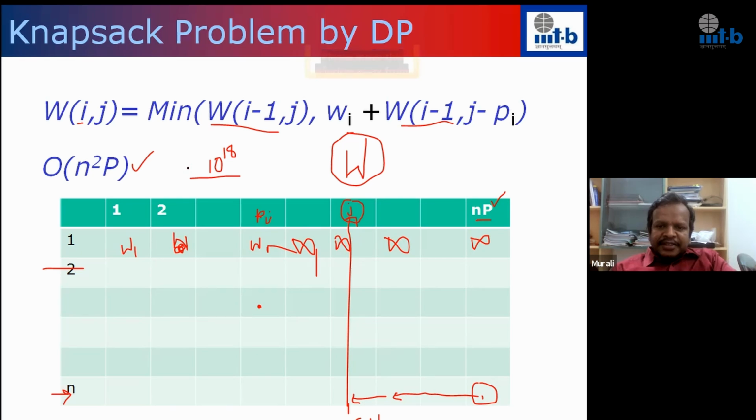Okay, so that's the reason why this problem is NP hard, and why this DP solution is not very useful. This will be useful if P is very small. If the maximum profit that you can make is about 1000, then this is n square into 1000, and you'll be able to implement it easily if n is about 100. But if n is 100 and P is a large number like a 64-bit integer, then this is not useful. It's also known that there are no polynomial time algorithms to solve the 0-1 knapsack problem, because